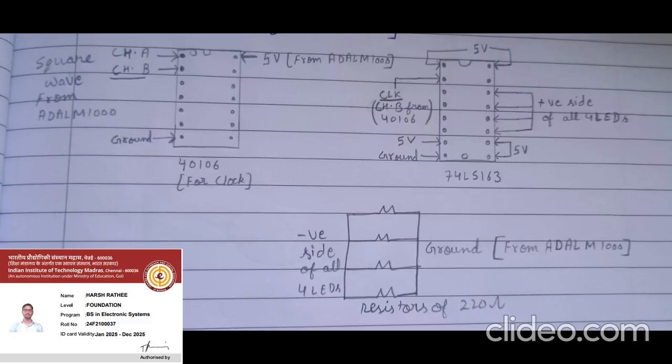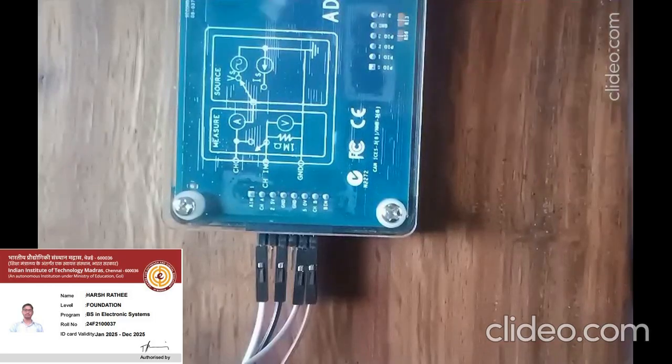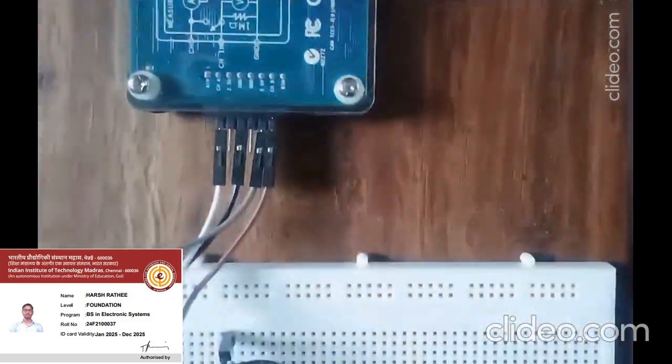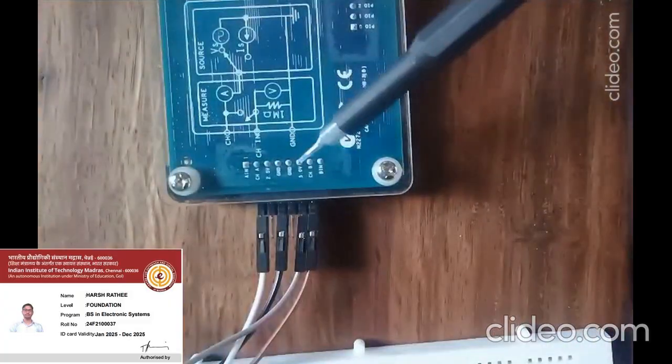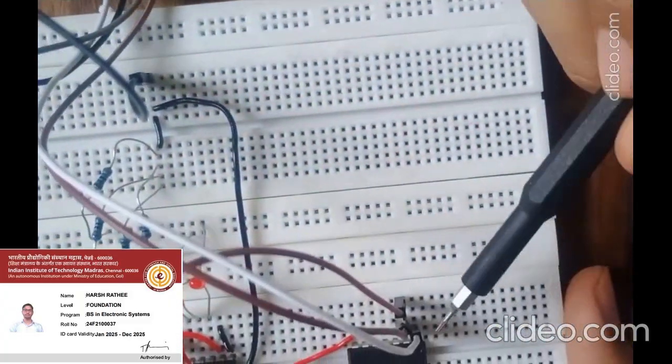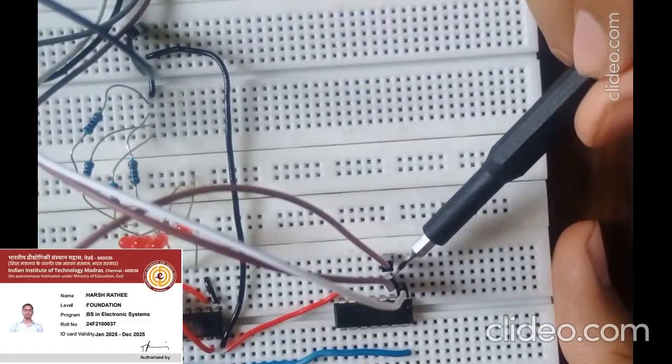And the output pins, which are QA, QB, QC, and QD, are connected to the positive side of LEDs, and further the negative side of LEDs are connected to resistors of 220 ohm, and then these resistors to ground. Now as you can see, we use the ADALM1000 kit for providing the voltage. So we have provided channel A and channel B to our 40106 IC at pin 1 and pin 2,